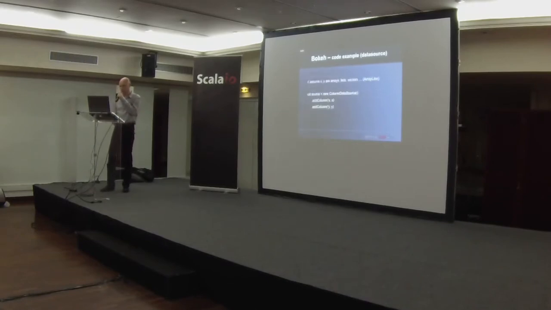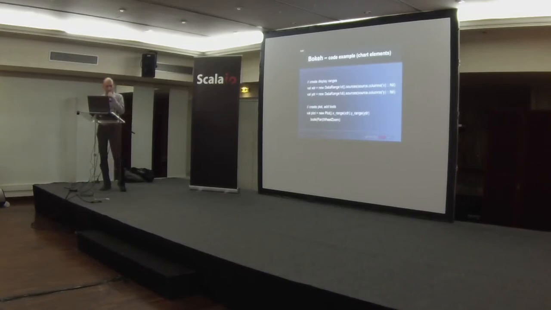So let's see, this is how we load the data source. So these X and Y, for example, are arrays or vectors. And we define the data range for the x-axis and then for the y-axis. We create a plot with the defined ranges. We can add some tools, like moving around or zooming in or out. We create the axis and we add them to the plot. We can add them wherever we want